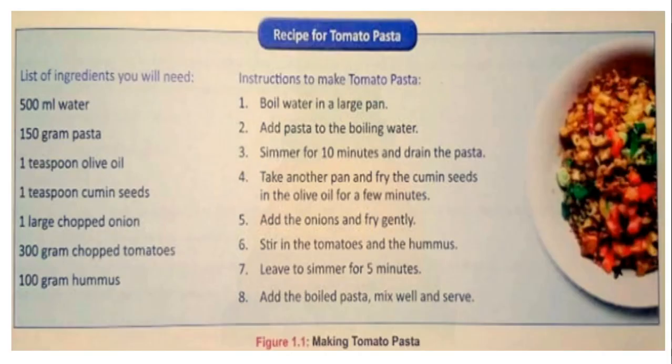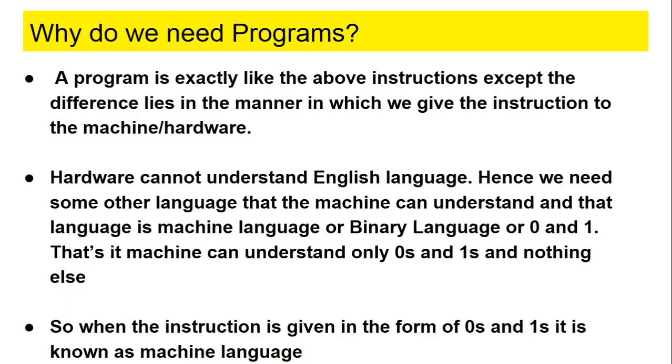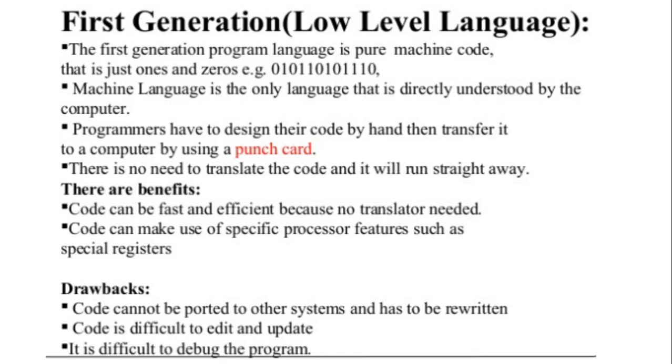Punched cards are nothing but instructions in the form of zeros and ones. And this language can be directly understood by the computer. There is no need to translate the code and it will run straight away,